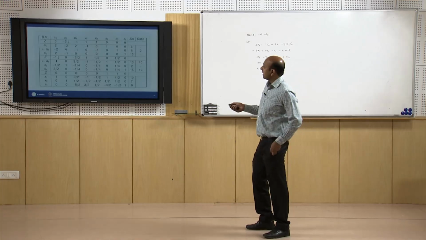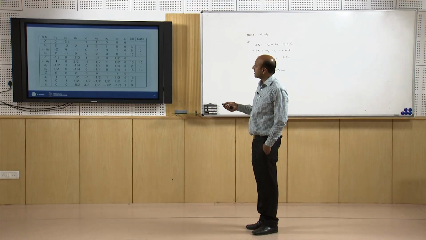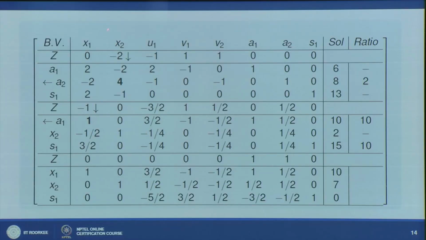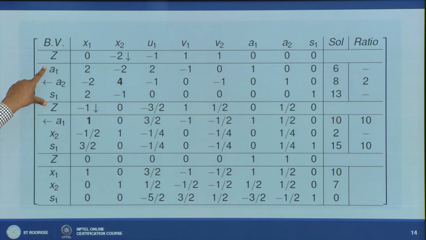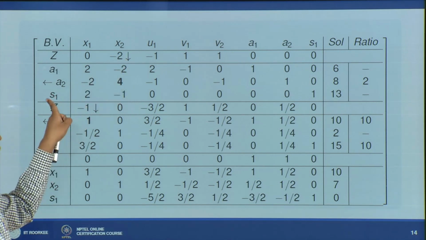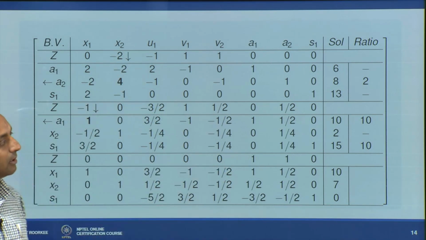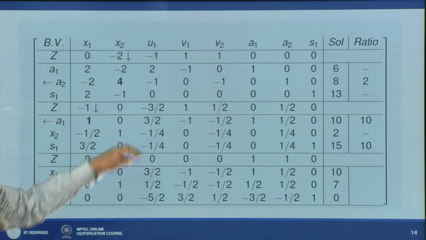You see, here it is most negative, so it is entering. The complement of x2 is what? v2. v2 is not there in the basis in the first table. That means v2 is at 0 level, v2 is equal to 0. So, if we enter this variable, then the condition v2 into x2 equal to 0 remains satisfied, because v2 equals 0. So, we can enter this variable,